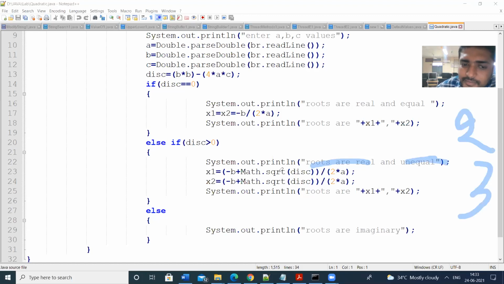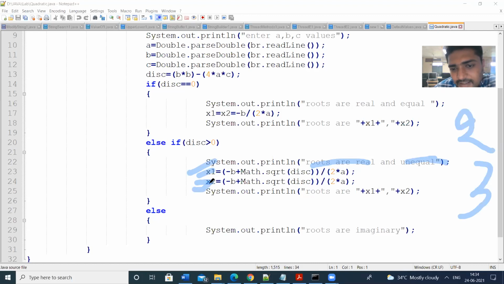Roots are not equal here. Then we will calculate the first root and second root as x1 and x2. x1 is equal to minus b plus square root, Math.sqrt, of b square minus 4ac, that is the discriminant, by 2a. This is the root 1.